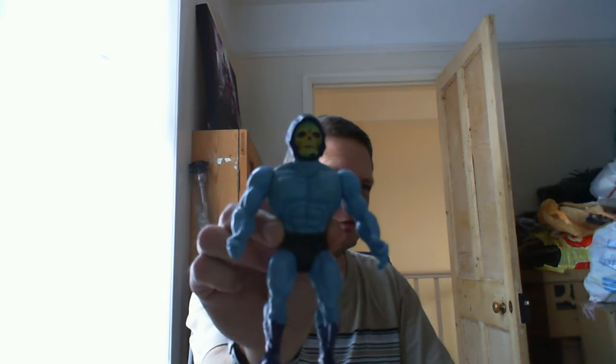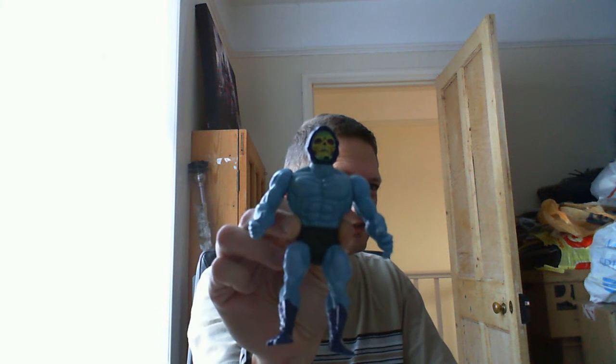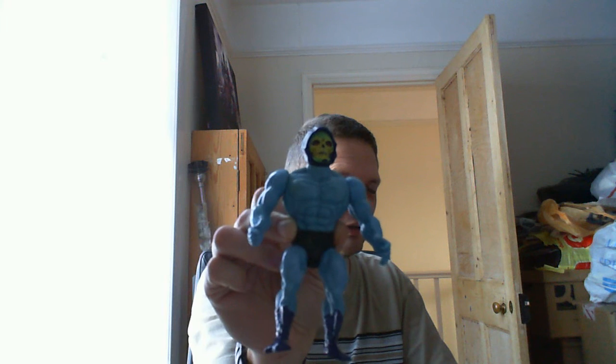Oh yes, this guy. I got him for, I think it was £1. I actually managed to get an original Skeletor. He's a little bit marked on his face. I don't know if that focuses. You can just see a bit of paint's come off on his chin there. But I will hang on to him because